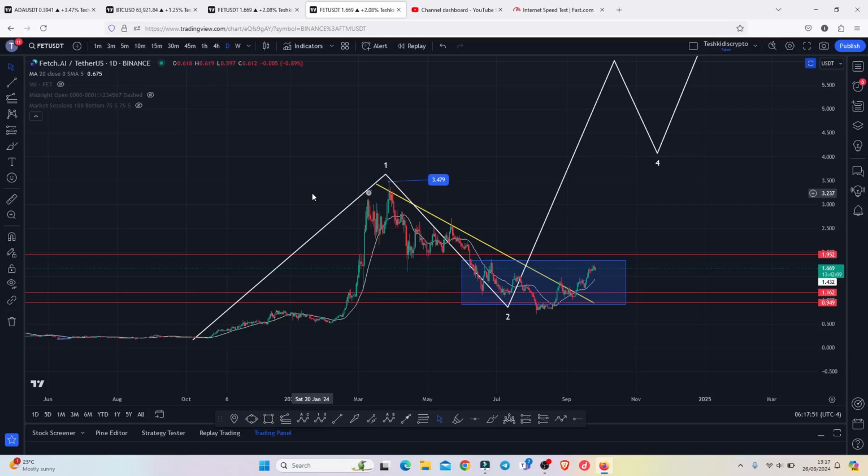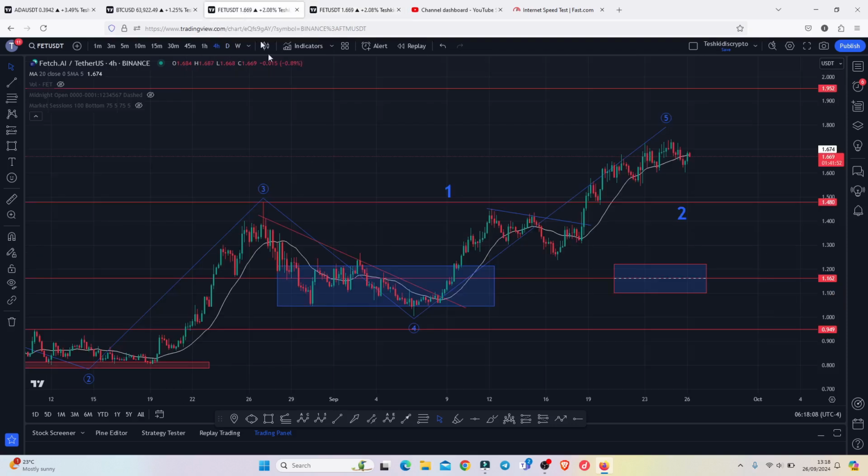Fetch AI is one of the few AI coins that I believe is going to give us more than a 10x in this bull market. And on today's update video, I will be giving you my long-term price prediction analysis, giving you reasons why we can easily see more than a 10x, and above all, also discuss my short-term price prediction analysis,